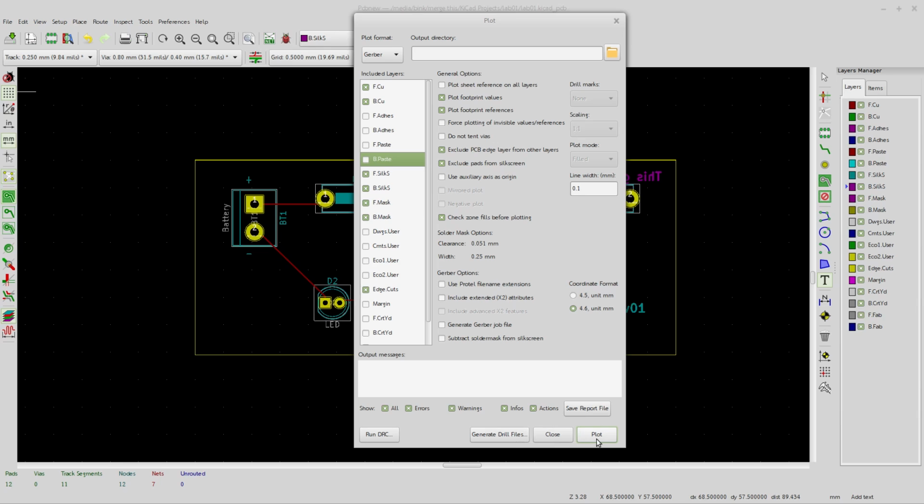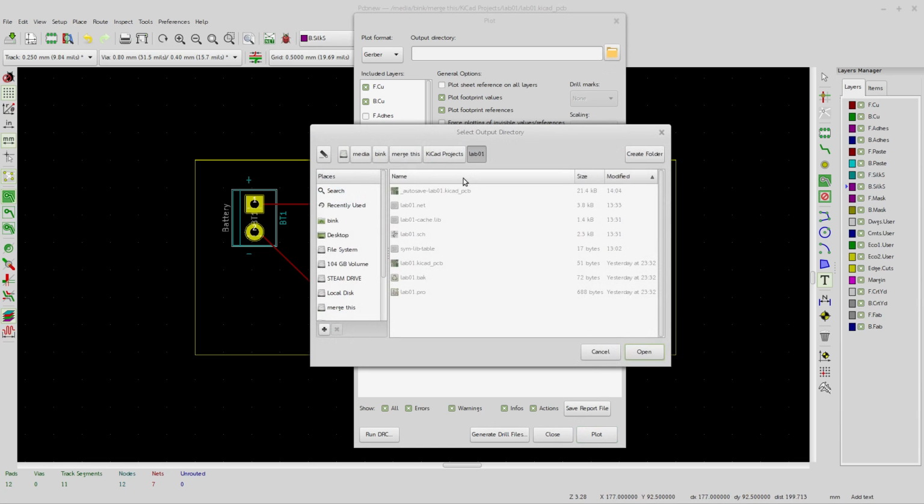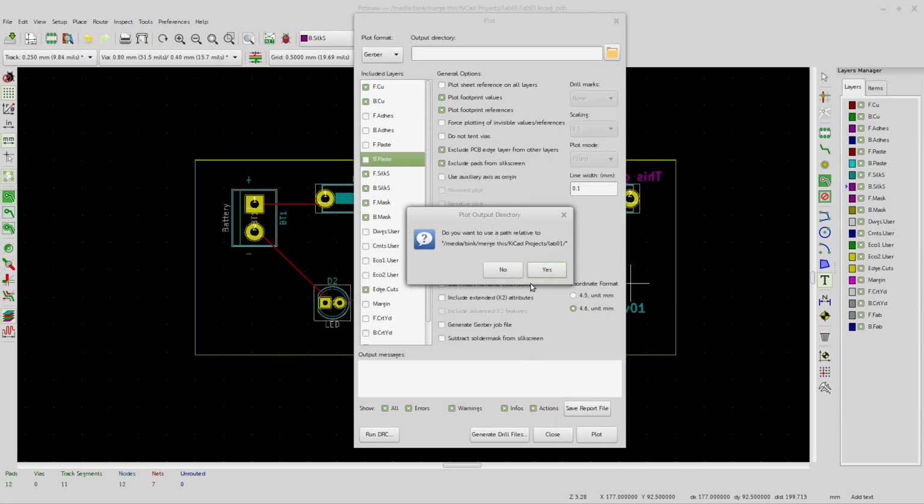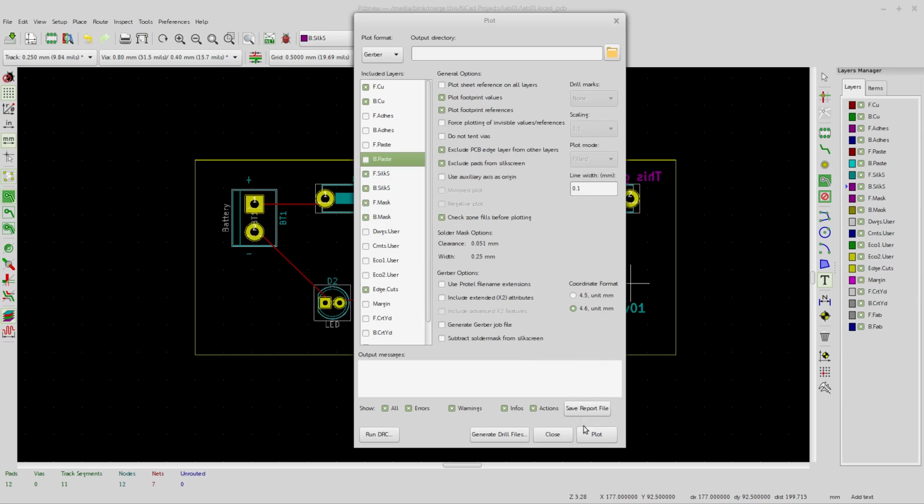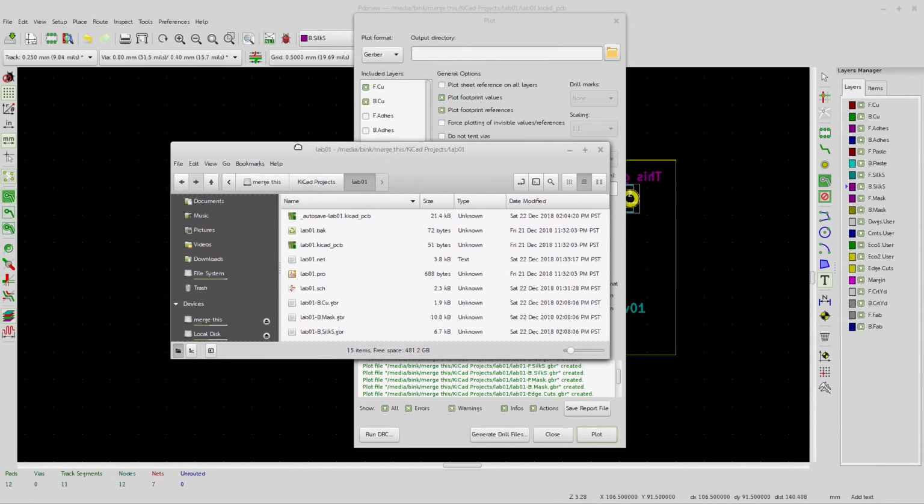Then you just hit plot. You've got to give it an output directory, so it's going to go into lab 1 with all of our other stuff. Hit that, and then hit plot. Blip, blip, blip, and it did it. It said all these things were created. Okay, so now if I go over here,